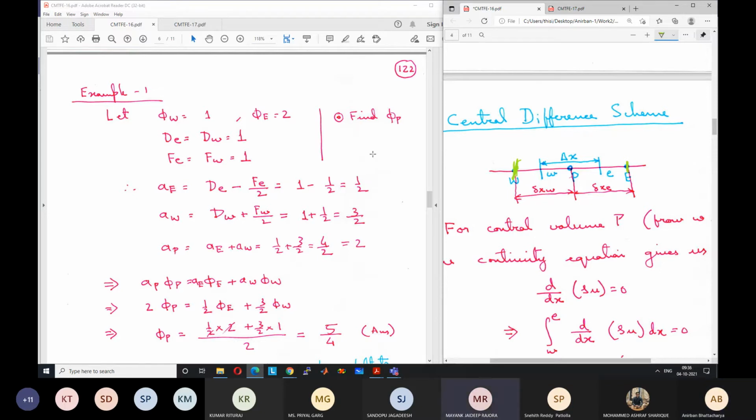Because our integration goes from west to east and the value is positive. Basically, positive values of advective strength mean flow is occurring along the x direction. Here the x direction is from west to east, and that's why we have also integrated from west to east. Any positive value means it is along the coordinate. If it was the y direction, a positive value would be along the y coordinate, and negative values would be opposite to the coordinate direction. So if it was -1 or -2, the flow would be in the other direction. Because it is positive, flow is coming from the west.